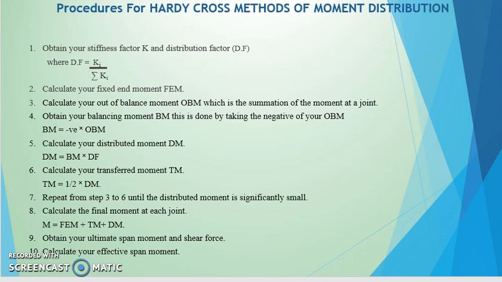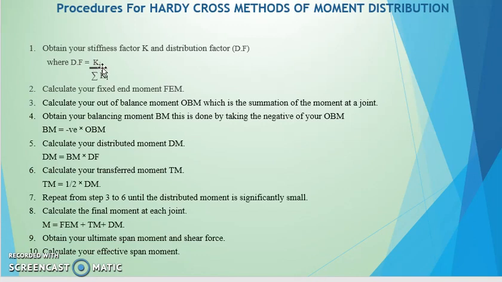So having done all those, I think we have to get into the Hardy-Cross method of moment distribution. Here on this video, I will explain the Hardy-Cross method of moment distribution, and on the next video coming up, I will solve an example with it, and you get to understand it more with what we are saying here. So the procedure for the Hardy-Cross method of moment distribution includes: 1, you have to obtain your stiffness factor. We indicate it as K, and distribution factor, we indicate it as DF,